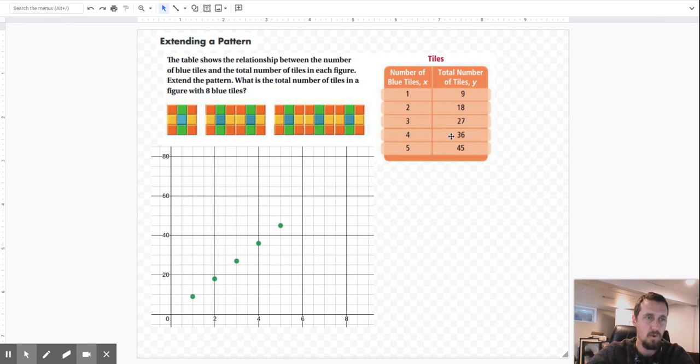So x is 4, y is 36. So I went to 4, I went up to just over 35. So that's where I put 36. And then 5, 45. So I went to 5, and 45 is actually one of the lines that is a little bit hard to see, but it's there,